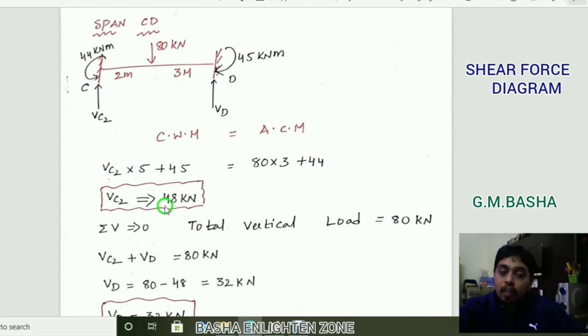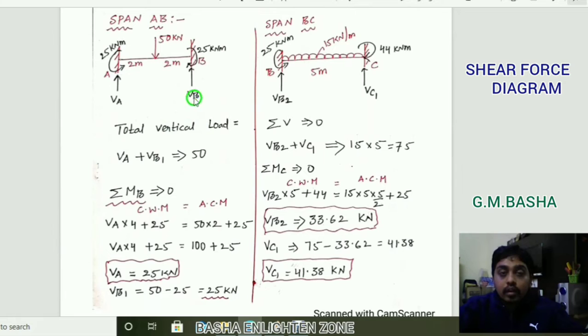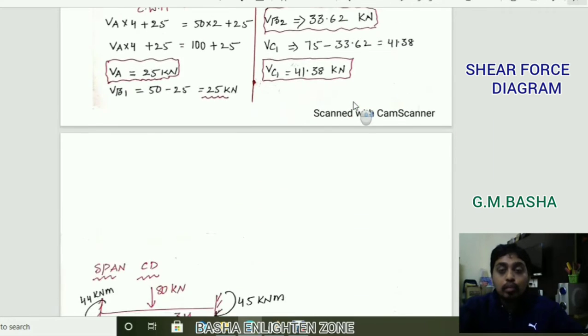Friends, after that you simplify in your calculator. Again you see, one more force here, VD will be there. VD at this particular point, moment equal to force into distance. Here the force will be there. What is the distance up to D here? It will be 0 distance, acting exactly at that position. That is the reason you will get VD into 0, so I am not writing this VD. Similarly, here also VB at the particular point B is 0, so I am not taking any VB into some distance here. Similarly, here also VC at that particular point is 0. That is the reason I am not mentioning VC1 here. So please observe that point also.